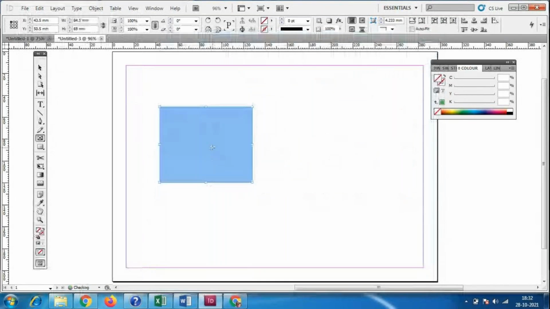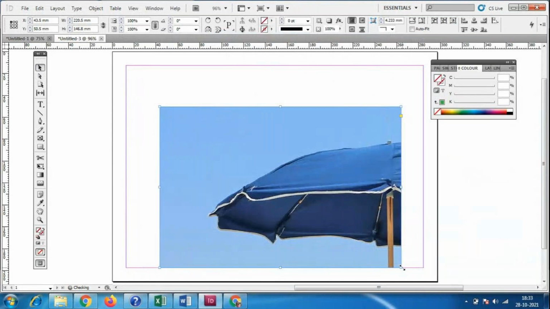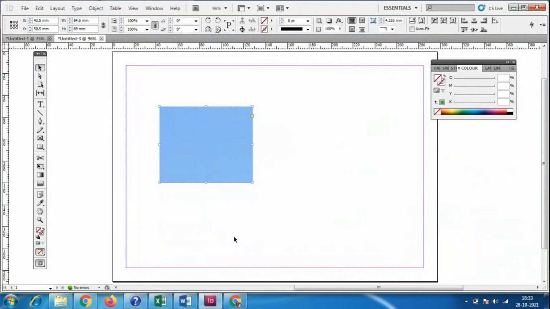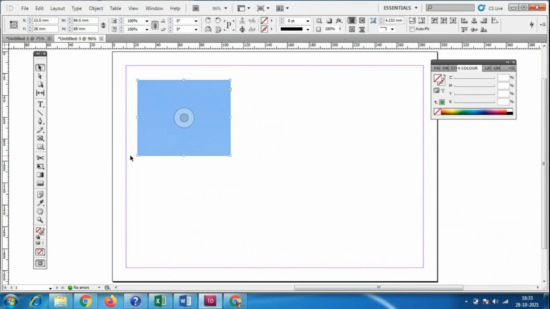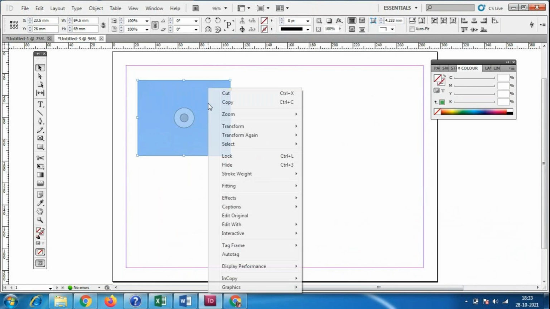But I'm not able to see the image. What is the problem? The image size is very big, so I cannot make the shape according to the image size. I want the image size according to my box. So what I'll do, right click on this, there is an option called fitting.